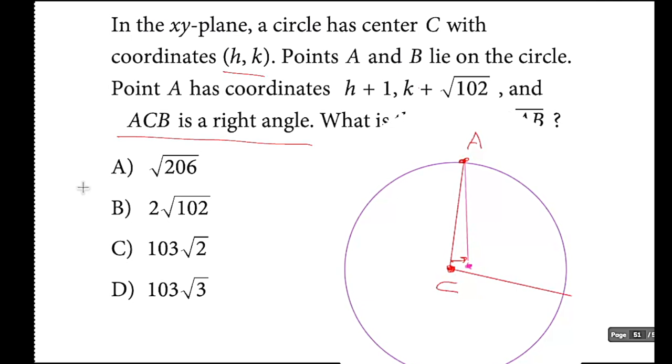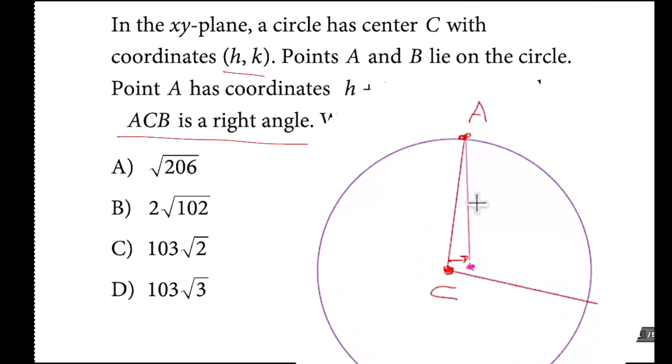So we know that this pink line is the square root of 102, right? But what we need to know is the length of AC. Sorry, I need to write in B here too. What we need to know is the length of AC, because AC starts from the center of the circle, which means it's a radius, and CB goes from the center to the outside of the circle. So it is also a radius, which means if we find AC, it's congruent to CB.